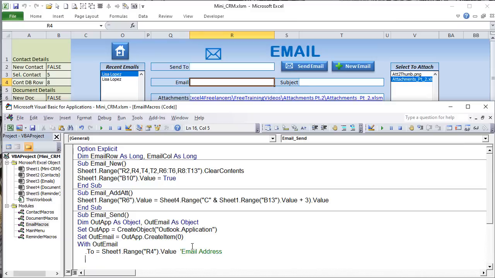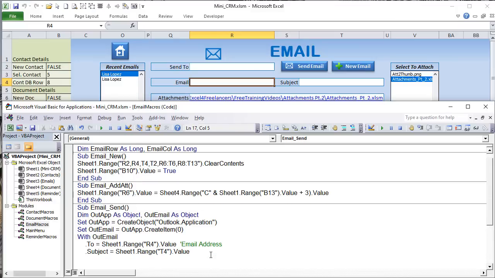Okay, what else do we have? We have the subject, .Subject. It's going to be equal to, in this case, the subject is located right here in T4. So we're just going to copy this, paste it down here, and then change that R to a T. That's going to get us our subject. What else? Well, of course, we're going to need